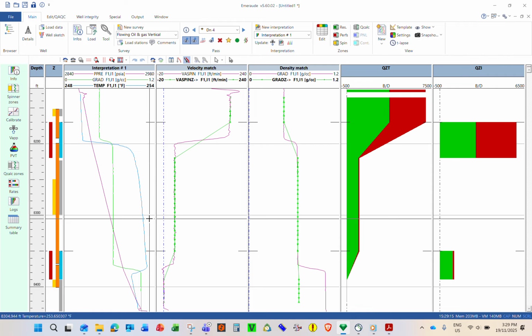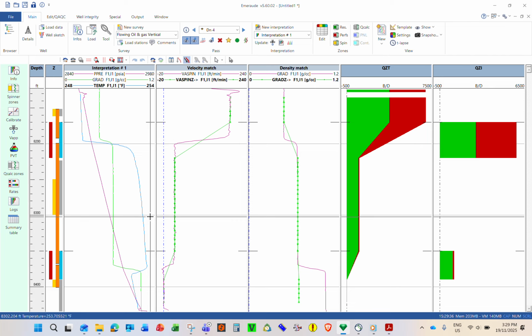Look at the plot. Because the gas is going faster than the liquid? No, look at the bottom. So one value is one.